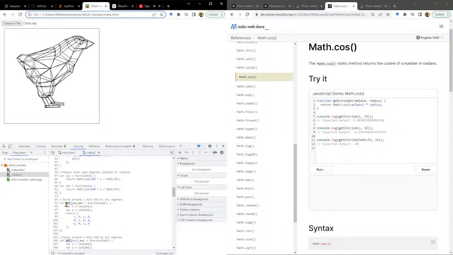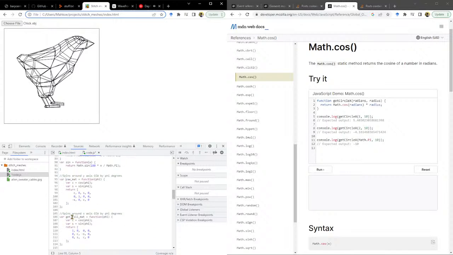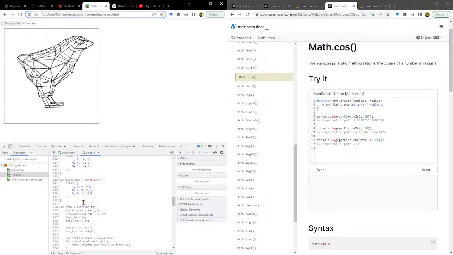Also, I don't like putting get in front of a function name. The function returns something, so why do I need to put that in the name of the function? Okay, now